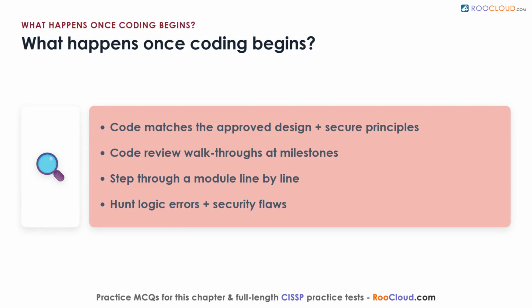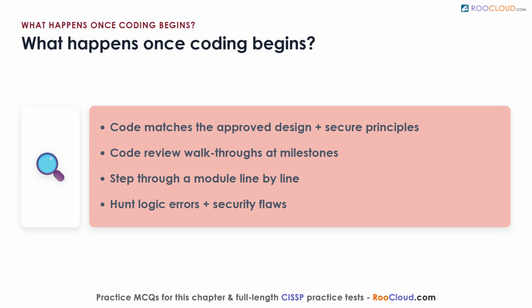What happens once coding begins, and how is it reviewed? Once stakeholders bless the design, developers start writing code that matches the agreed plan and applies secure coding principles. Because fresh code always hides mistakes, project managers schedule code review walkthroughs at coding milestones. In these technical sessions, developers sit down with a specific module and step through it line by line,